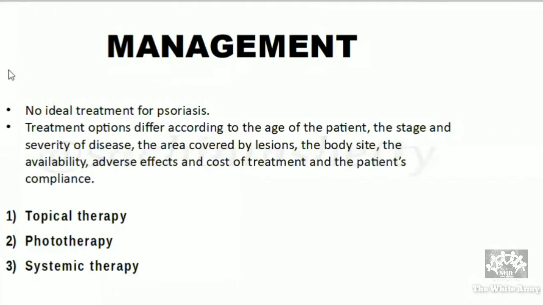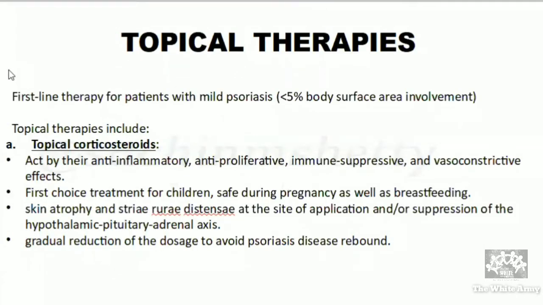What are the drugs used in topical therapies? The most commonly used drug is the topical corticosteroids. These are the most effective as well as the most abused drugs in dermatology. Topical corticosteroids have anti-inflammatory, anti-proliferative, immunosuppressive, and vasoconstrictive effects. So all these effects are helpful in psoriasis. They are also the first choice of treatment in children, comparatively safer in later terms of pregnancy, and also safe in breastfeeding. So the main side effect is skin atrophy on prolonged usage, skin atrophy and striae formation